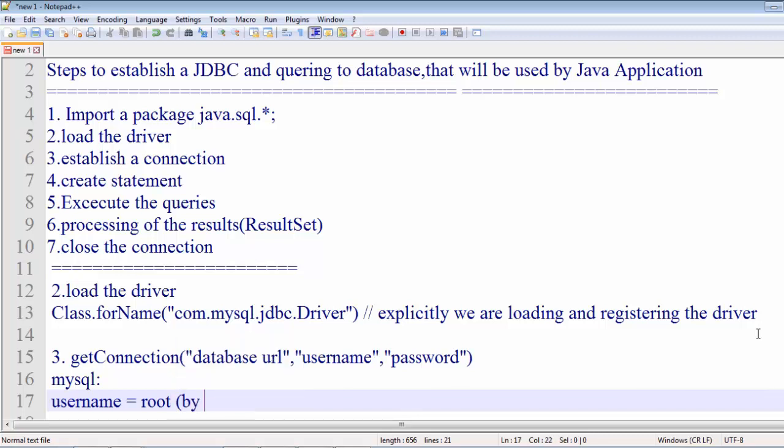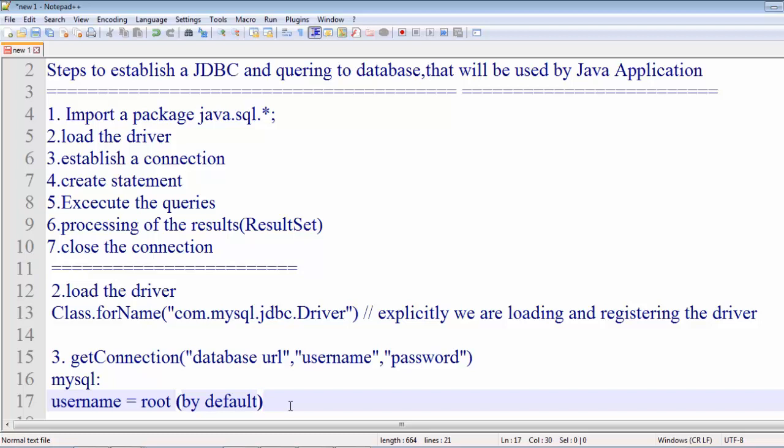It is set as root by default, and we have to set the password during installation. It will ask you to set the password for this particular RDBMS.